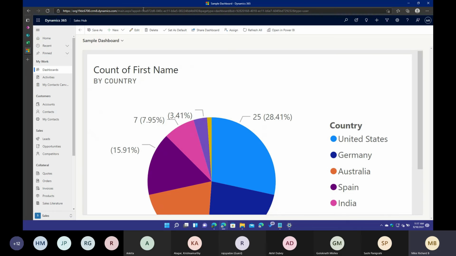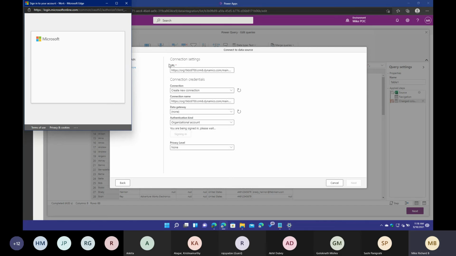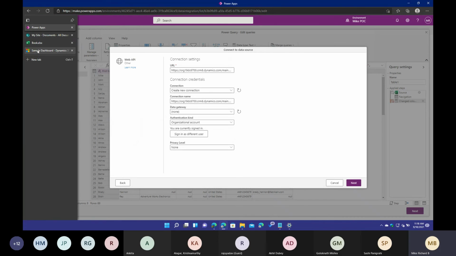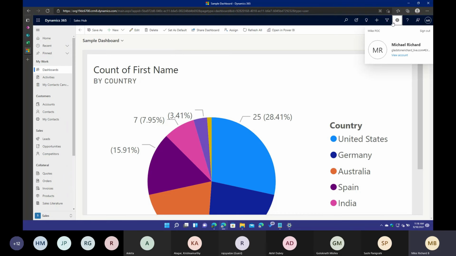So let me quickly try to do that. Give that instance, organizational account, sign in. Okay, this URL will not work. We need to give the OData URL. So the OData URL will be